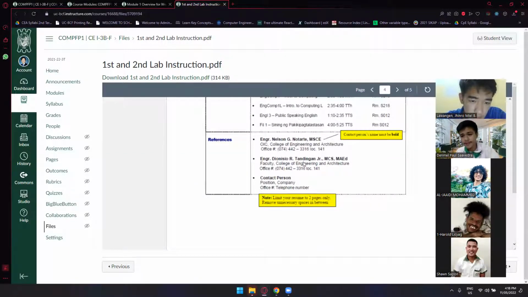So for the references, as you can see right here, we have Nelson Natarte. He is our OIC right now, our dean. So do not just put here Engineer Nelson G. Natarte, especially if he doesn't know you. Because if you're going to put someone right here,